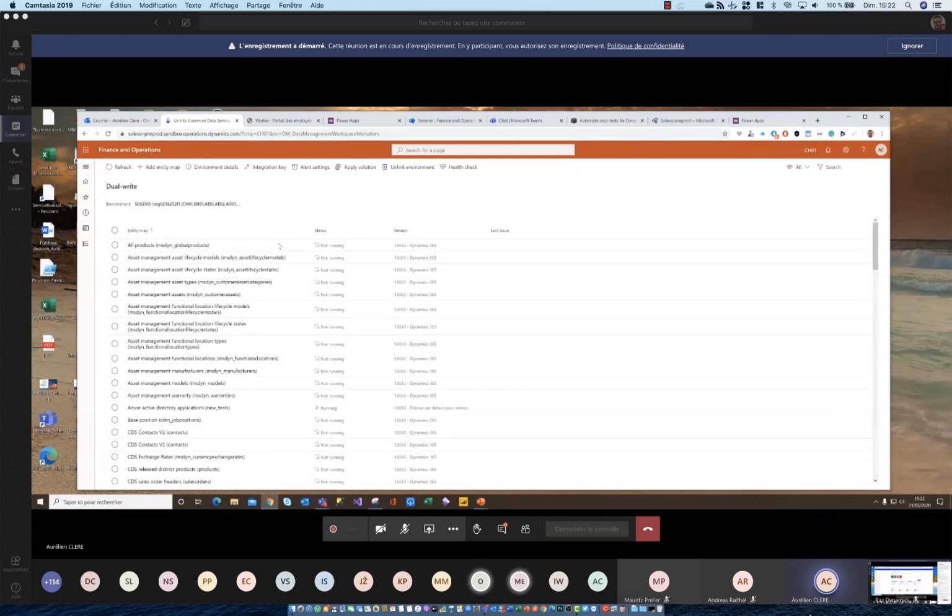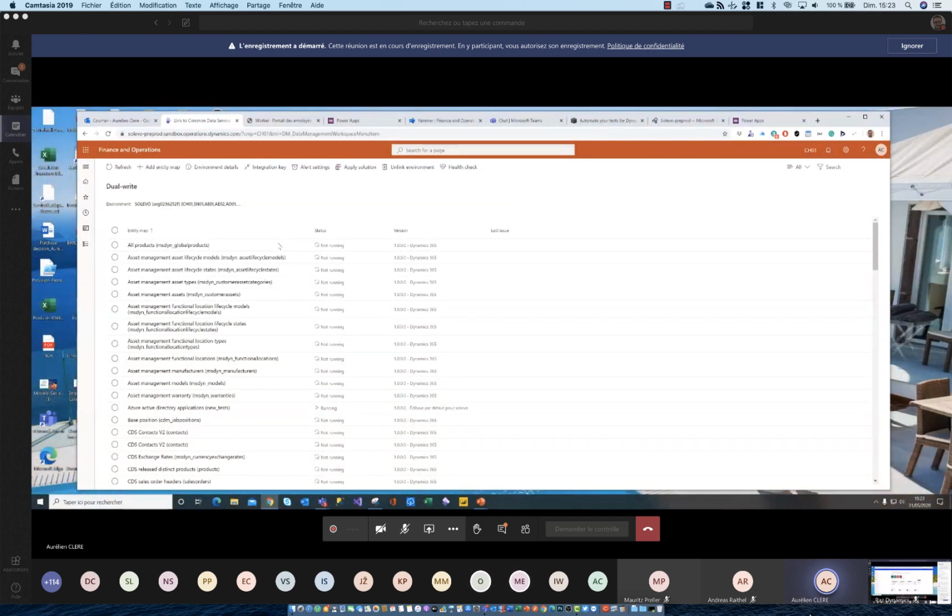One particular thing also, because I had a question from a friend, a partner in the Netherlands. As I said in my previous session, if you refresh your production to a new UAT instance in LCS, automatically or manually, you don't want, of course, the CDS dual write configuration to carry over. It's not a configuration stored on Finance and Operations; it's configured with information on your CDS. So if you refresh your production to a UAT, you will not be synced.